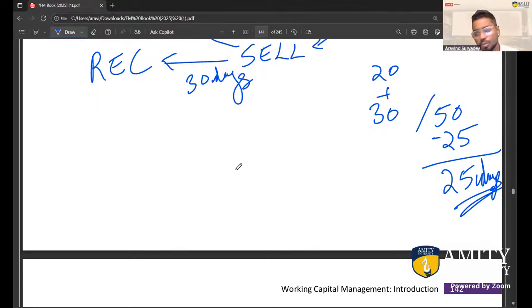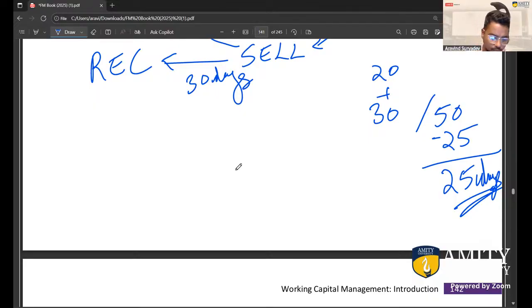If you're trying to keep your receivables low, that is also possible. You can collect money from all your customers, you ask them to pay up soon, all of that. But the problem becomes that if you're not giving receivables, your customers will go to other people who are giving them receivables, or who are giving them credit period. So that becomes a problem. Payables, on the other hand, the higher they are, the better. But that won't rub off so well with our suppliers. So that is also another problem.